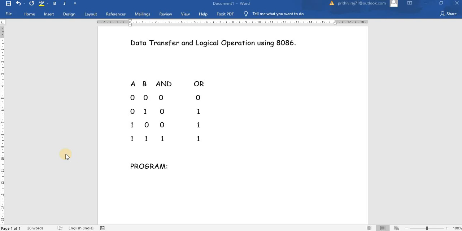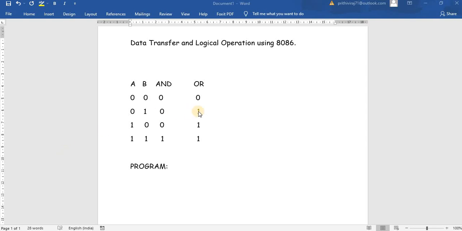So where can we apply the AND logic and OR logic? The AND logic can be applied for masking the bits. Suppose for example we have data 1111, four ones. If I want to mask the first bit and third bit, then we can use an AND operation and mask those bits. Where can we apply OR? The OR can be used for setting the bits. Suppose I want the third bit to be 1, then we can do an OR logic operation and set the bit.